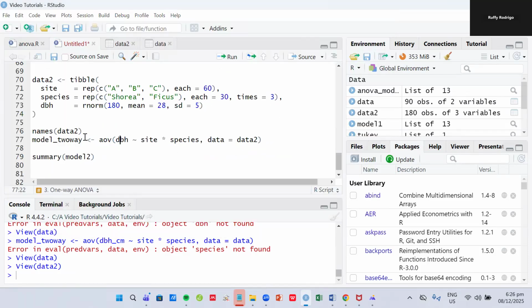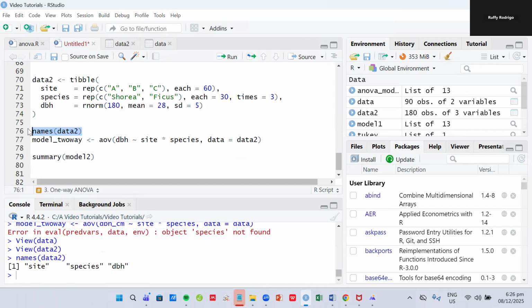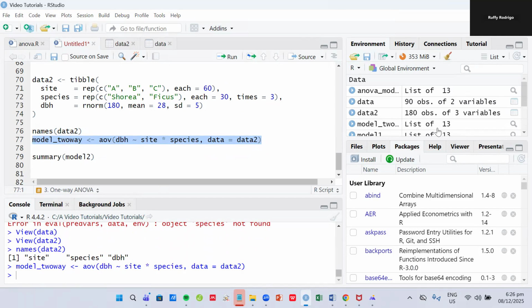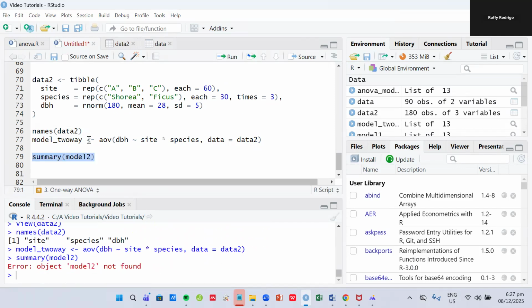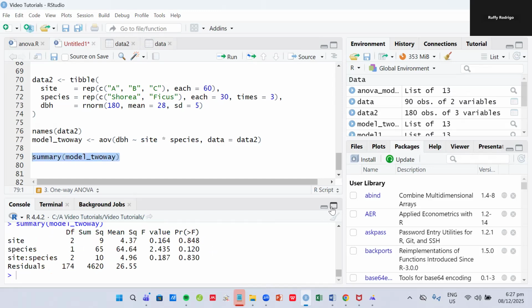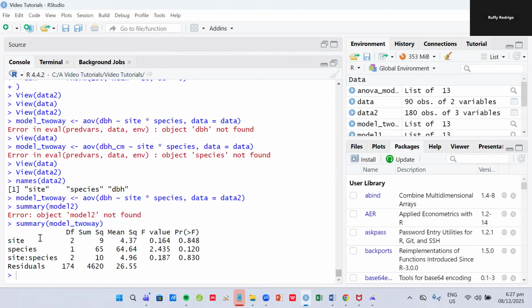Oh no, I don't want to save it. So names data two. Now you have site. That's correct in here. The species, that's correct in there. And DBH. Then we are ready to run our two-way model. Okay, model two-way. There you go. And then I'm gonna try to summarize the model two. Okay, model two not found, because I changed it, so I'm gonna change it this way here, and there you go. That's interesting. So this is the result of our two-way model,